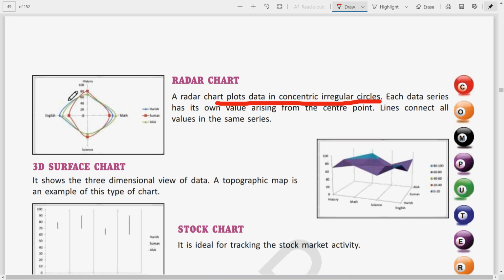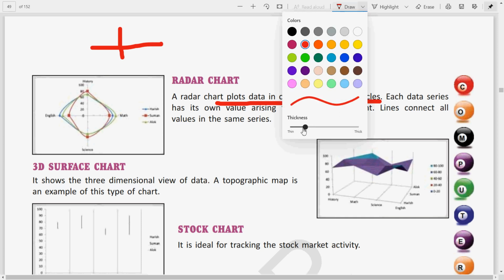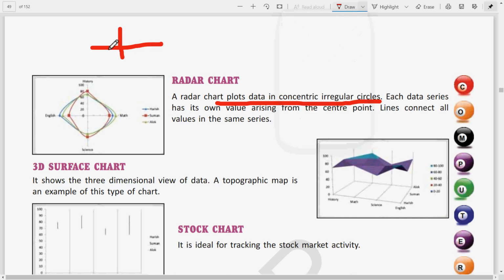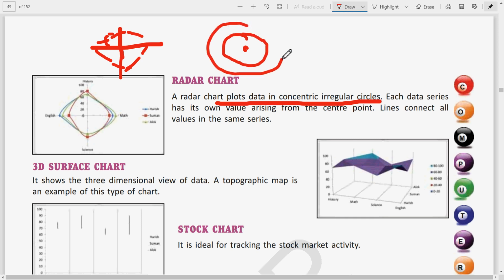You can also see here that whatever values you are denoting on these axes, they are denoted with different values, and using those values they are drawn as different concentric shapes. Concentric means same center. Whatever data value you are choosing, these are concentric circles which are drawn with the same center.